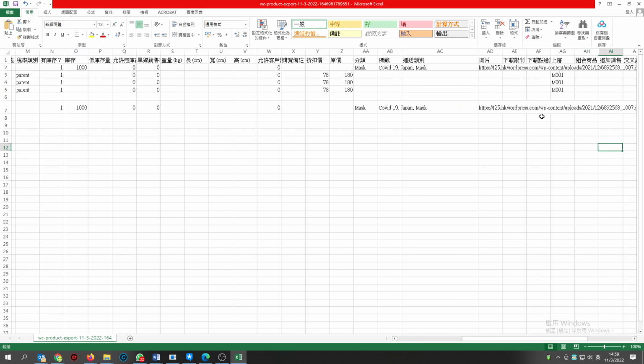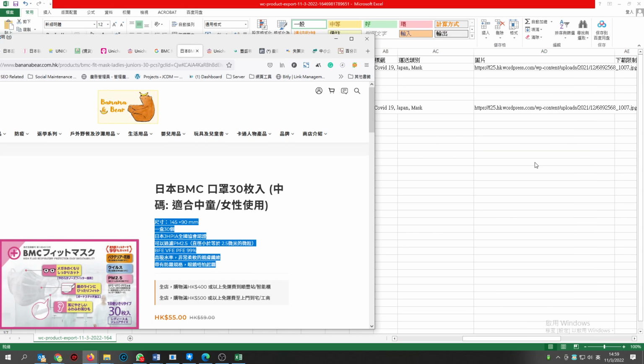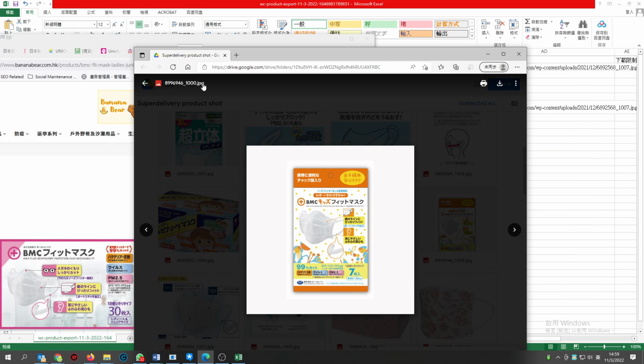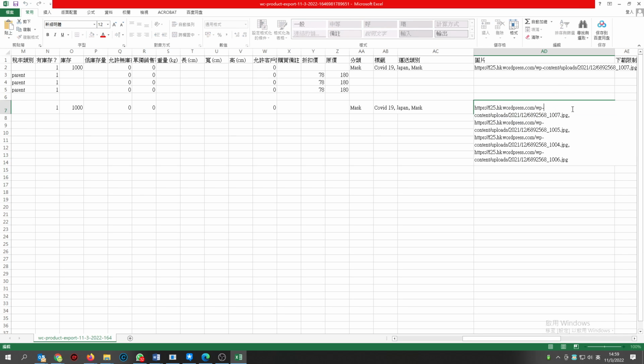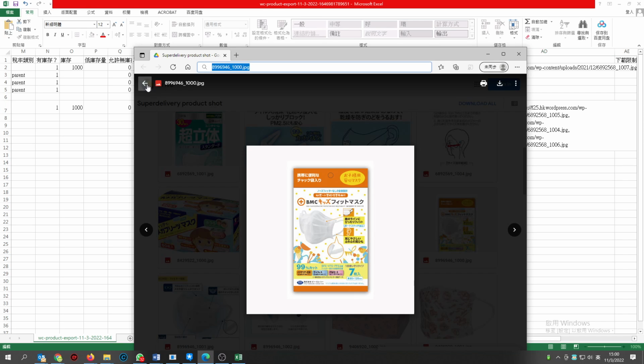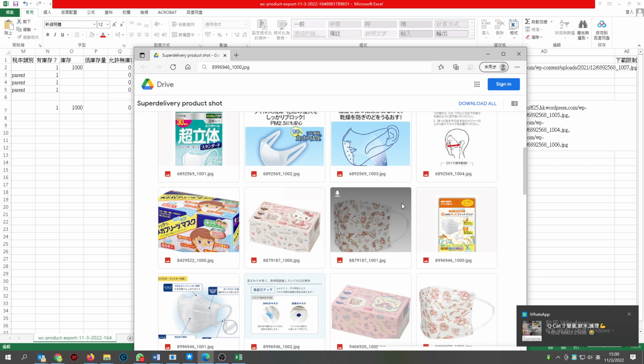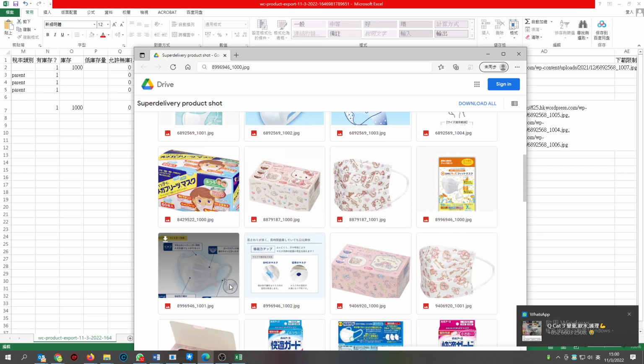And the photos. For example, here are the photos from your side, and the photo name is called 8996946 underscore 1000.jpg. The first is the main photo, and the second photo is separated by a comma. Then 46